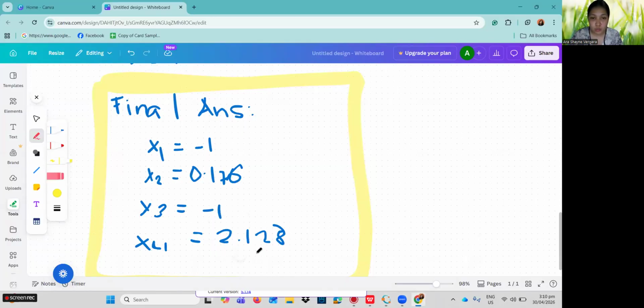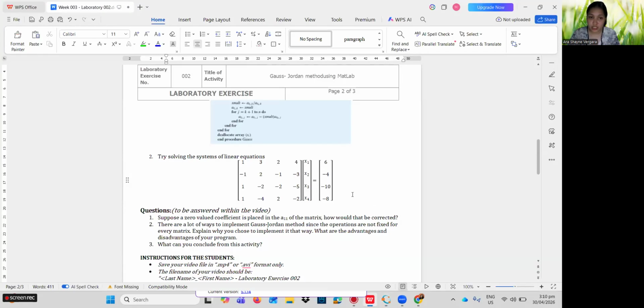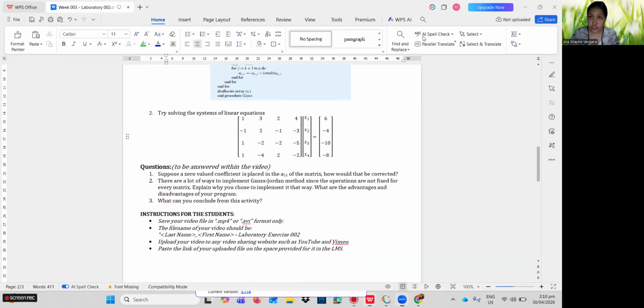And then next, 2.128. Let's see, 2.1280. So as we can see, we got the correct answer from Octave compared to computing manually. Now we'll be proceeding to answering the questions.